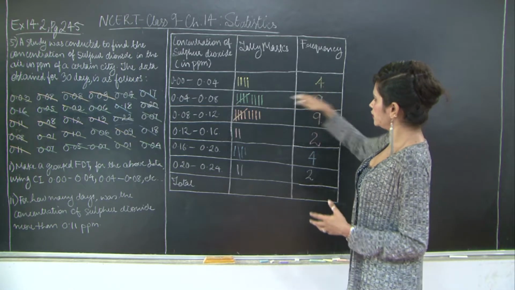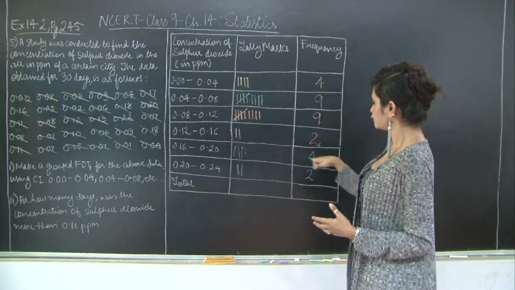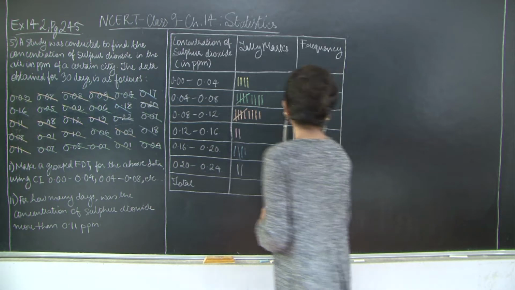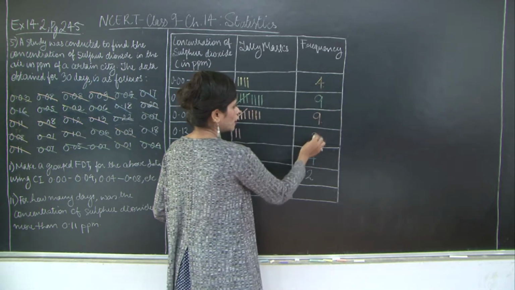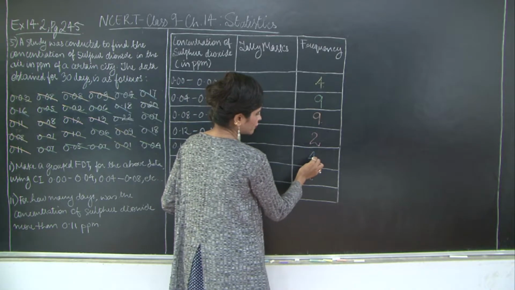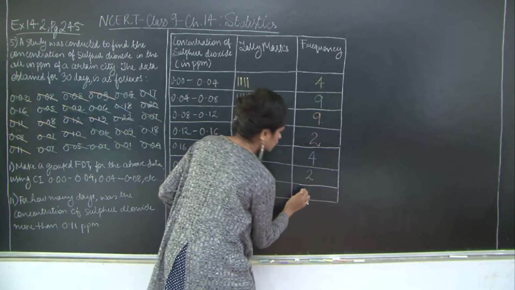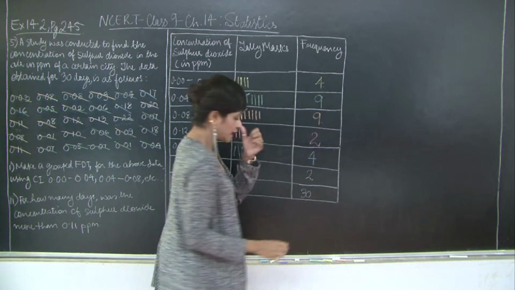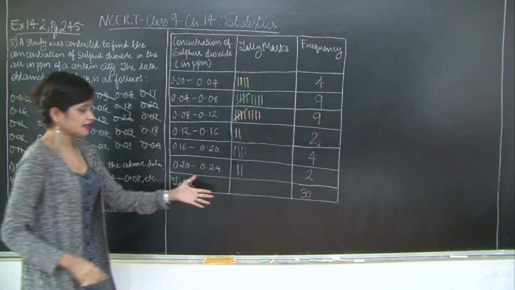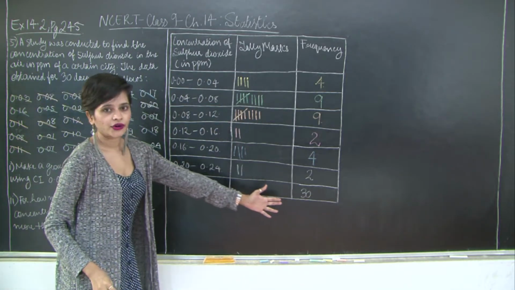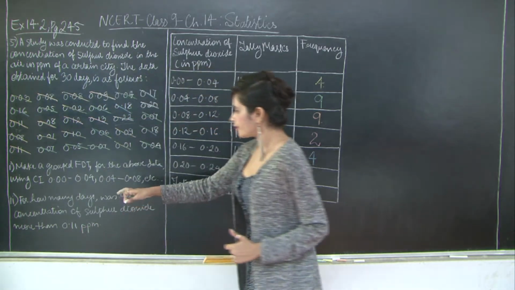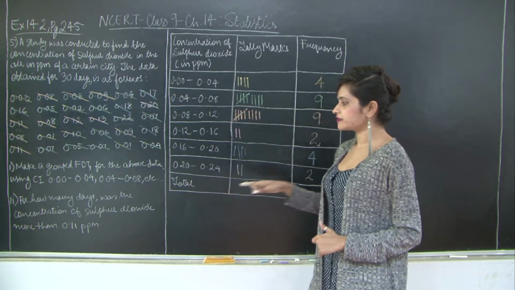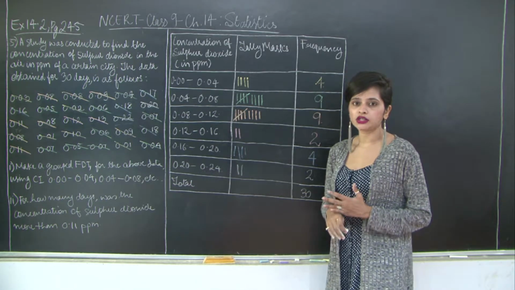So 4, 9, 9, 2, 4 and 2. Let's calculate. 9 ones are 9, 9 twos are 18, 18 plus 4 is 22, plus 2 is 24, 24 plus 4 is 28, plus 2 is 30. So yes, we have struck out each observation and our total is right, that is for 30 days. Now we need to find for how many days was the concentration of sulfur dioxide more than 0.11